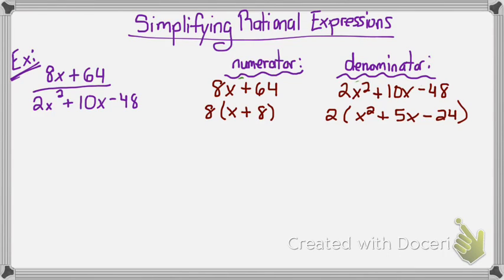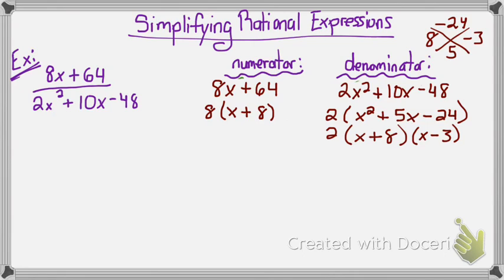Alright, and if I notice the trinomial that's in the parentheses, I can actually factor that again. All I have to do is think of two numbers that multiply to give me negative 24 and add to equal 5. The two numbers that work are 8 and negative 3. So then I will go ahead and factor that to get x plus 8 and x minus 3 and still